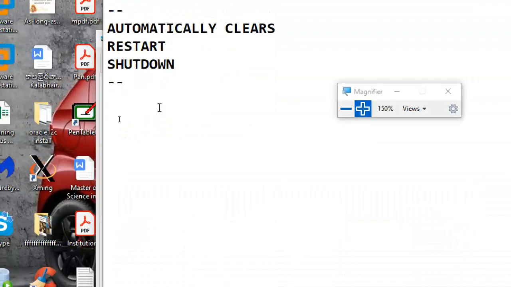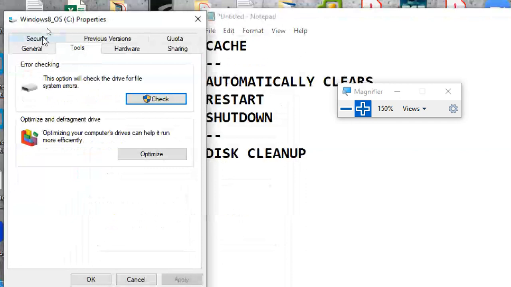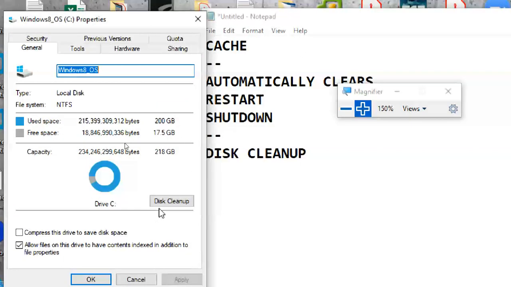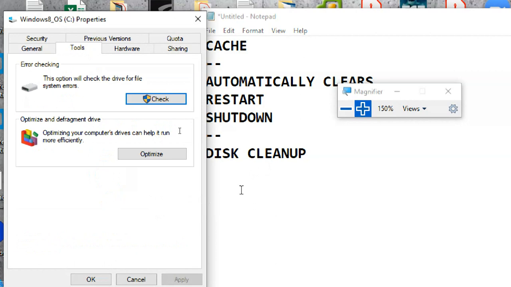I told one thing. One option is disk cleanup, right? So what option did we really go through? We saw general, disk cleanup, right? Very good. Next one is tools.